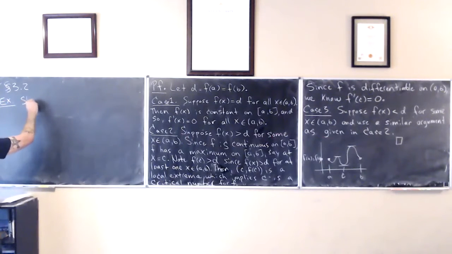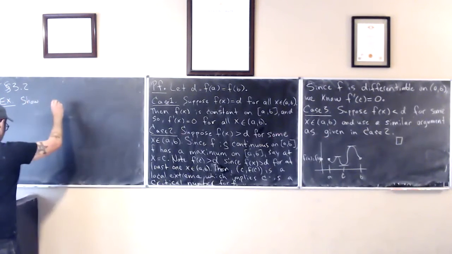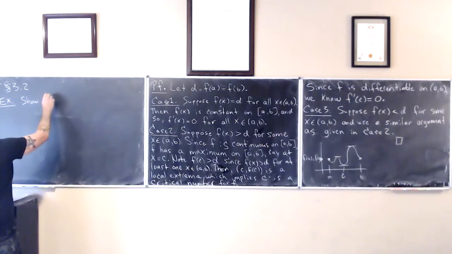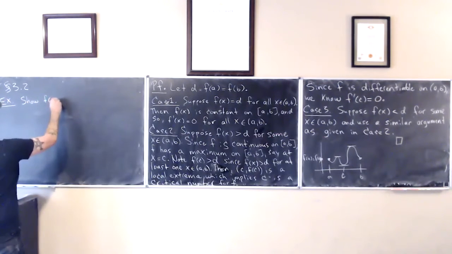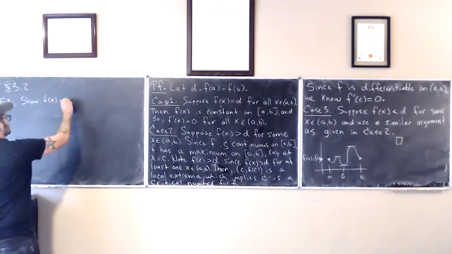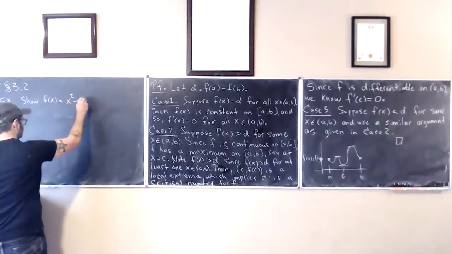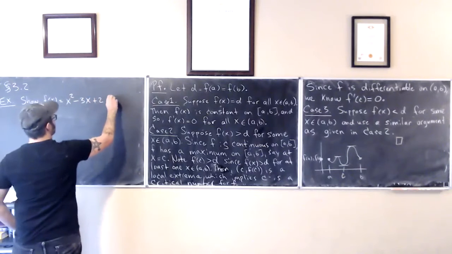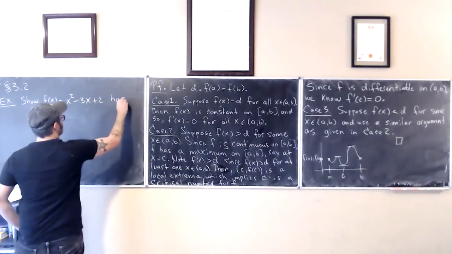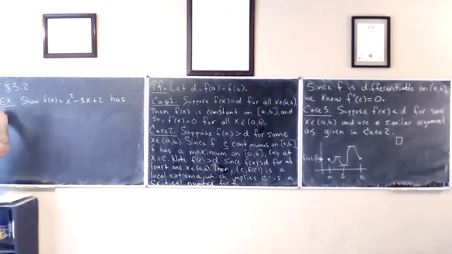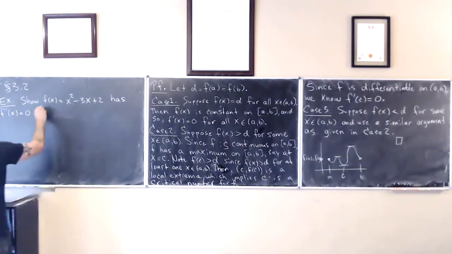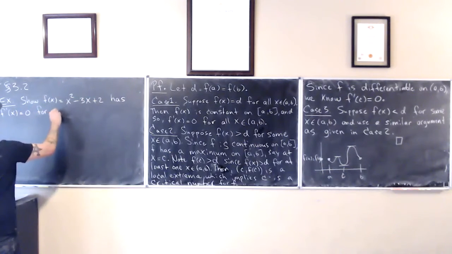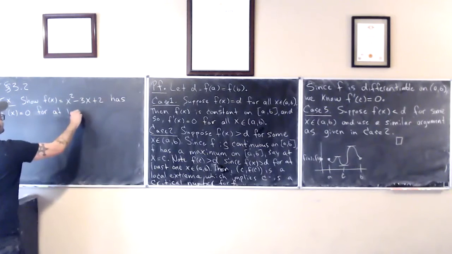We show f of x equals 2x squared minus 2x plus 2 has f prime of x equals 0 for at least